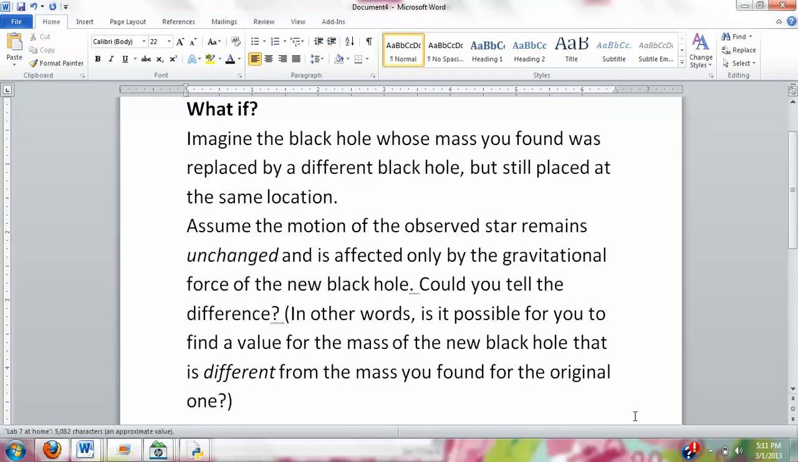Here's the what-if question that was proposed. No, it is not possible for you to find a value for the mass of the new black hole that is different from the mass found for the original one because the net force on the object is calculated from the position data points for the system, and these do not change if the motion of the observed star remains